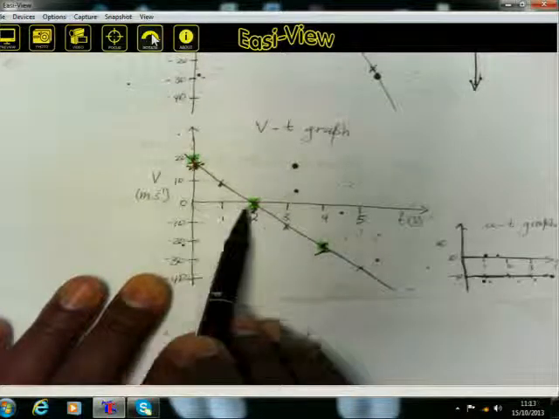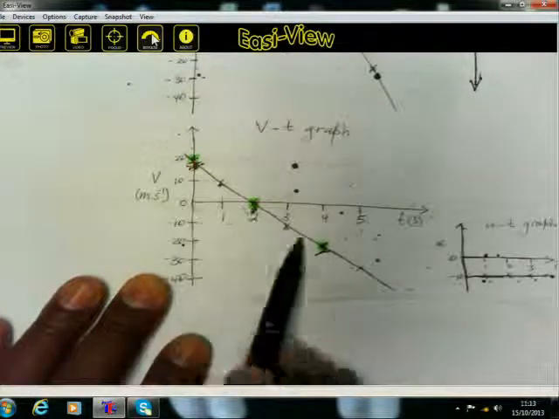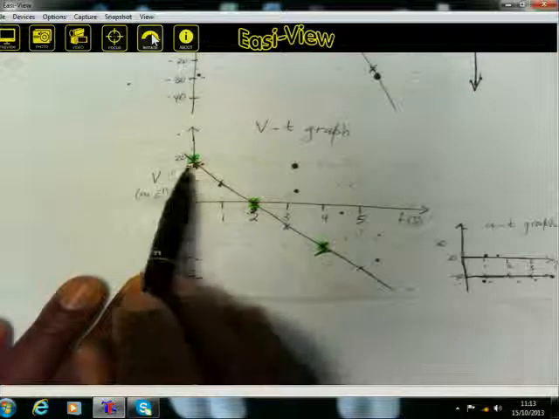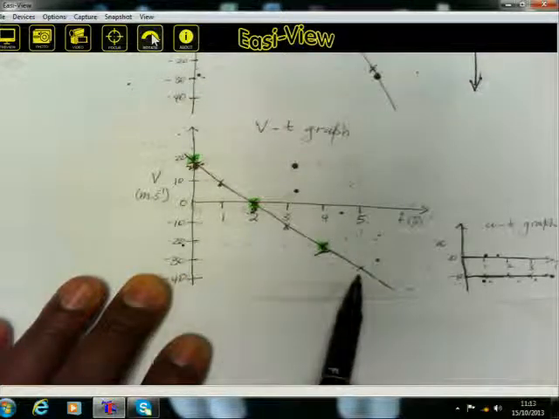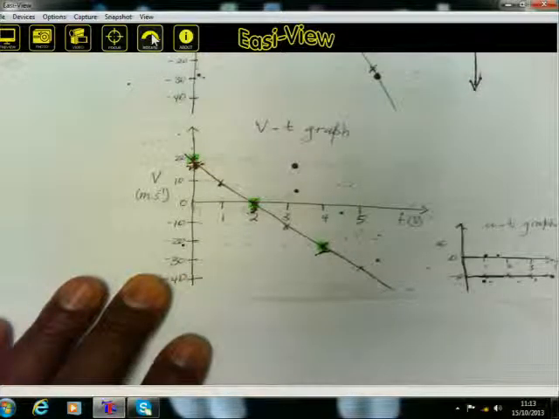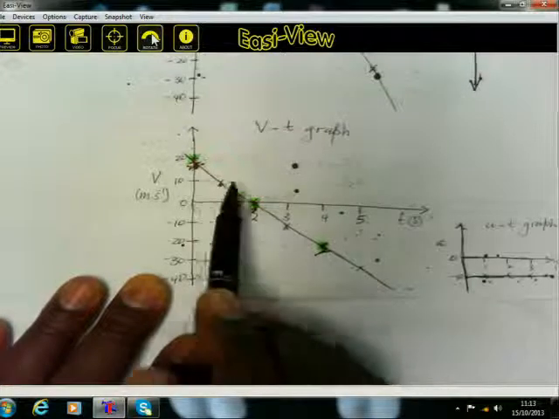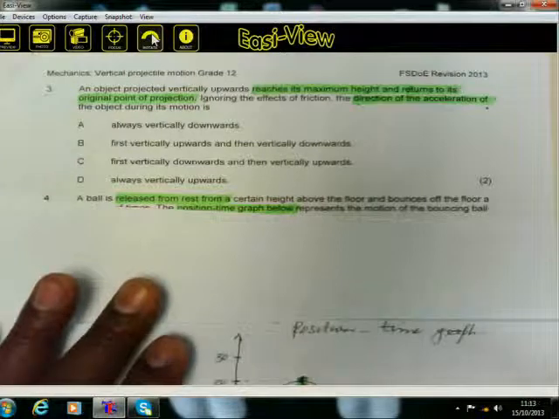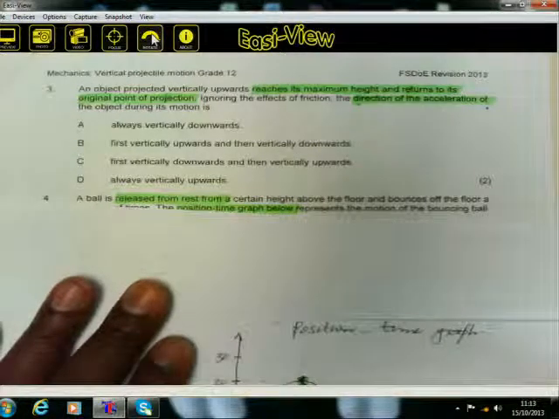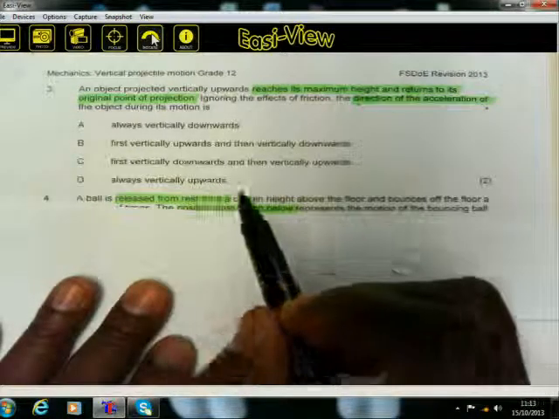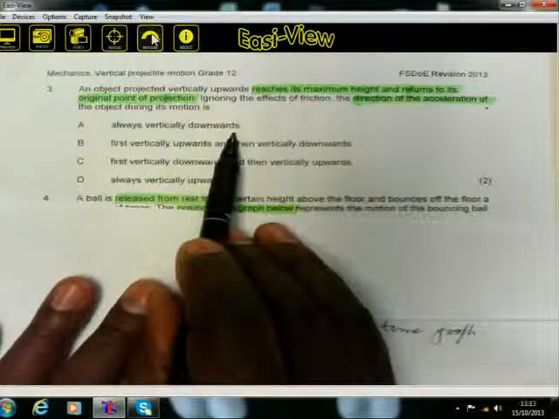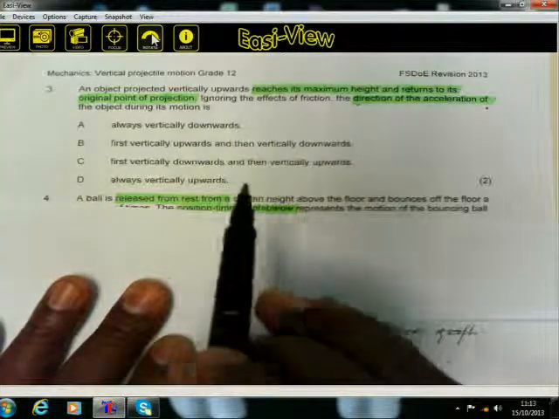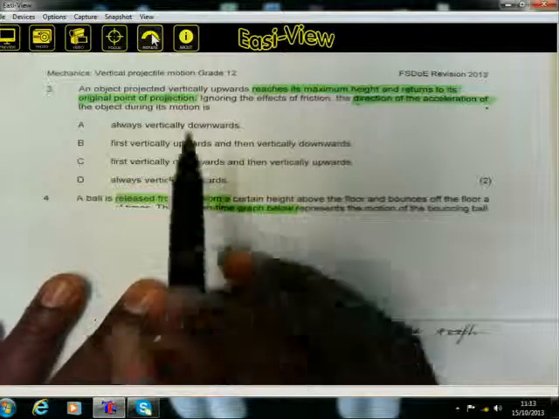We also note here that this is a straight line graph. Being a straight line graph, the slope of a straight line graph is a constant. That tells us that our acceleration is negative, and if the acceleration is negative, the acceleration is also constant. So we will say that